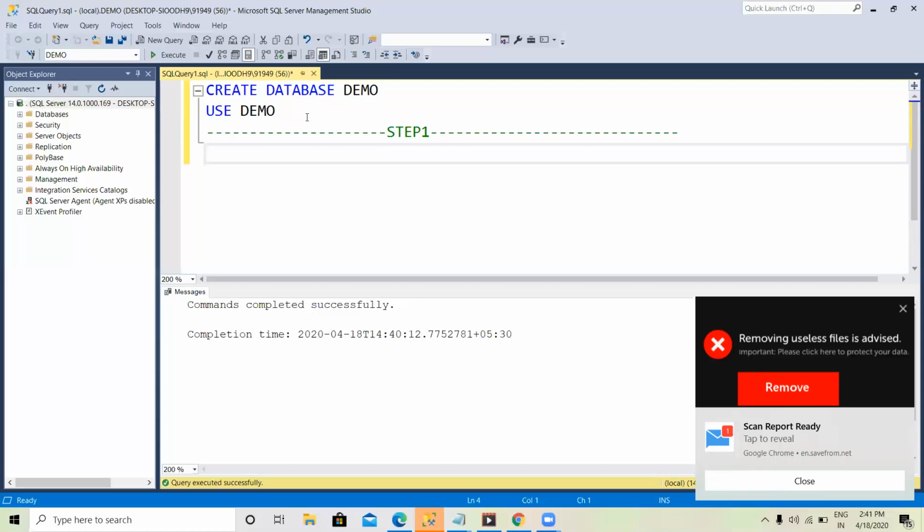While creating tables only, data can be stored, because it is an RDBMS, a Relational Database Management System, a software where data is stored in the form of tables. So to insert any data into our database, you have to create one table. I just created a database in the name of demo.